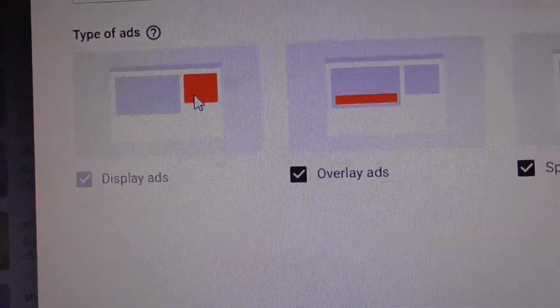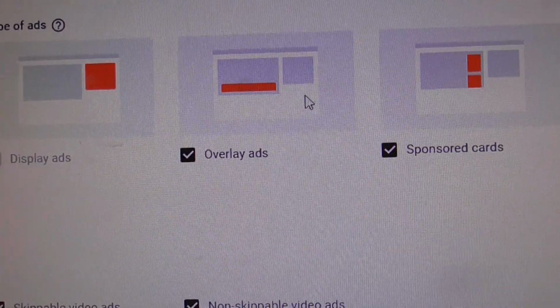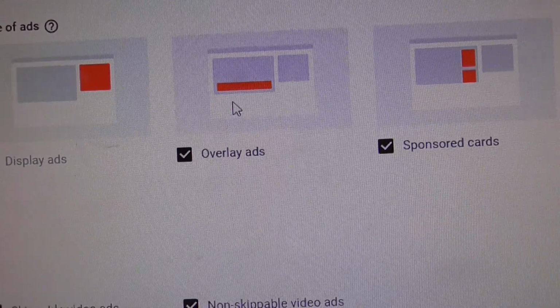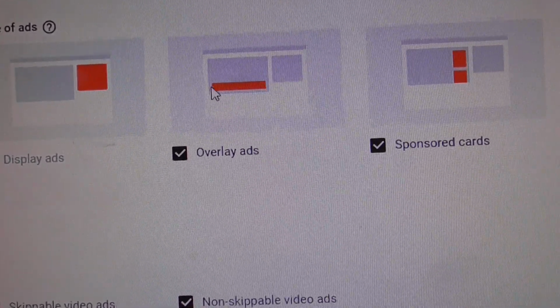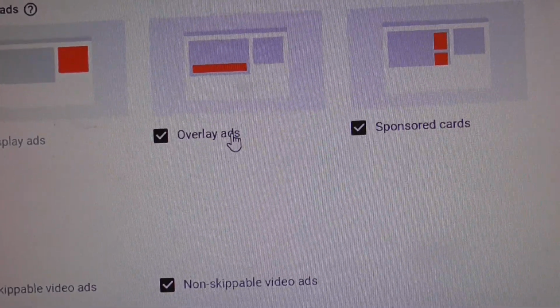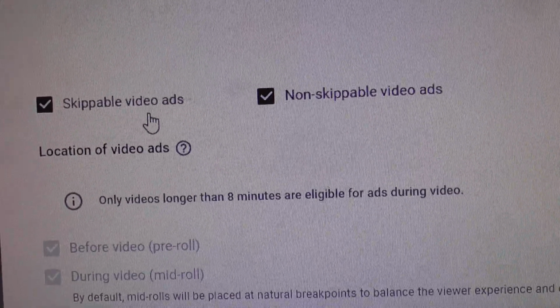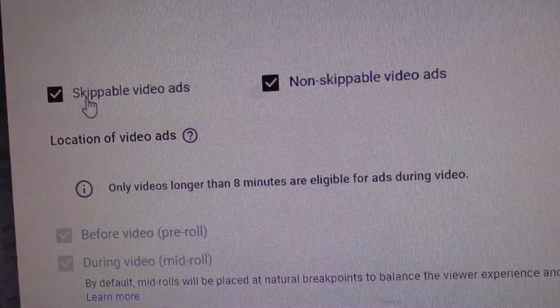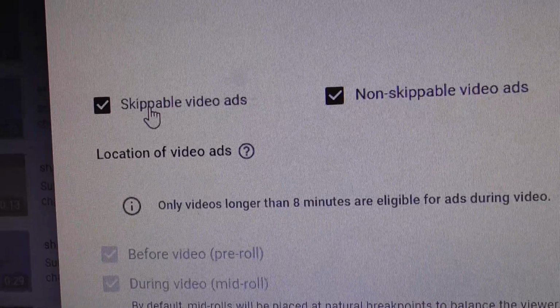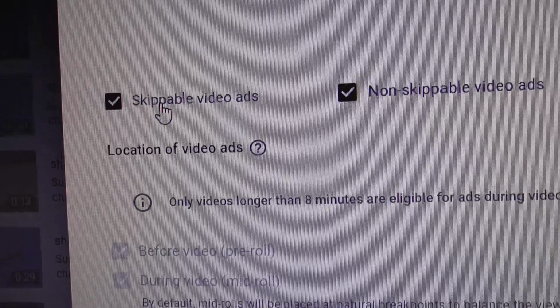So they call those ones display ads, overlay ads, the ones that actually go over a small part of the video, a little strip down the bottom like that. I've got no problem with people seeing adverts. I want to make a little bit of money from my videos. Now, another option they give you recently, I can't think how long ago they started doing this,